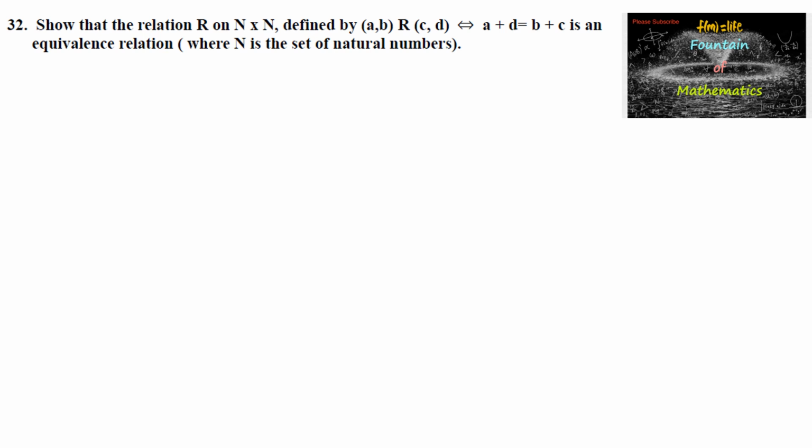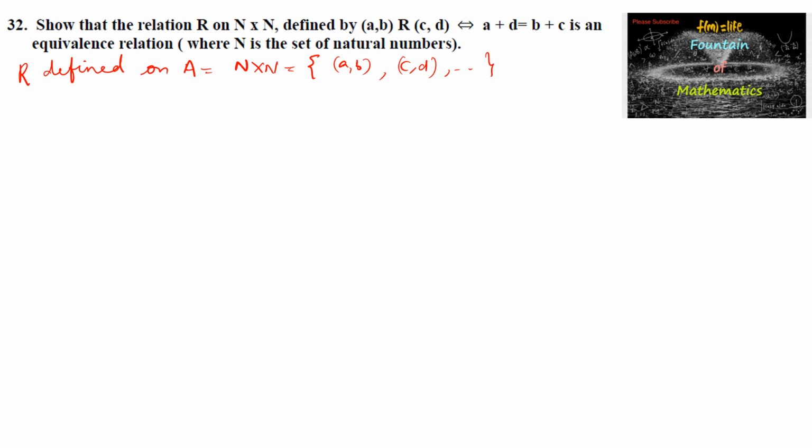Show that the relation R on N × N defined by (a, b) is related to (c, d) if and only if a + d = b + c. So here relation R is defined on set A, that is N × N. So relation R defined on set A = N × N, which contains ordered pairs like (a, b), (c, d),